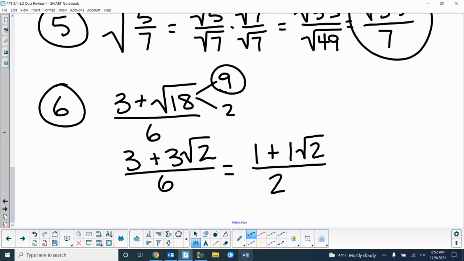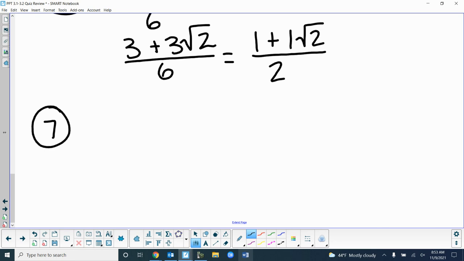Questions on the radicals? Again, tomorrow it's going to be 3 factoring problems to start and 3 radicals. Okay? And then we'll start solving our equations. Okay? So number 7,